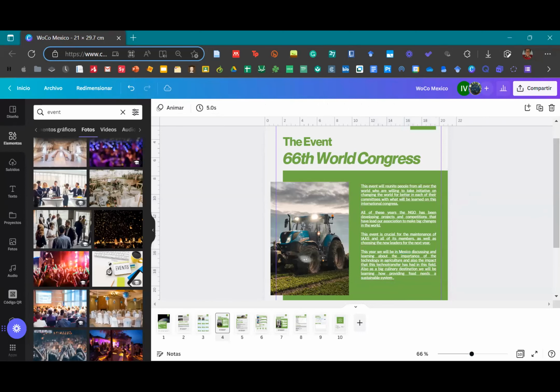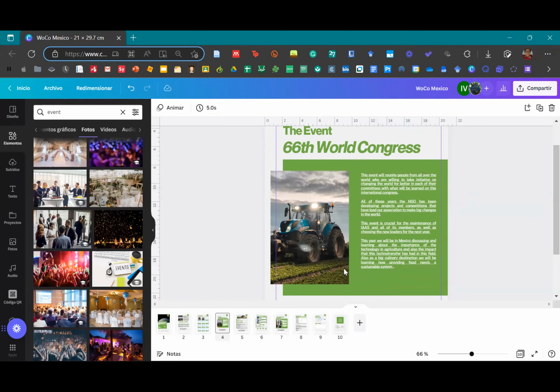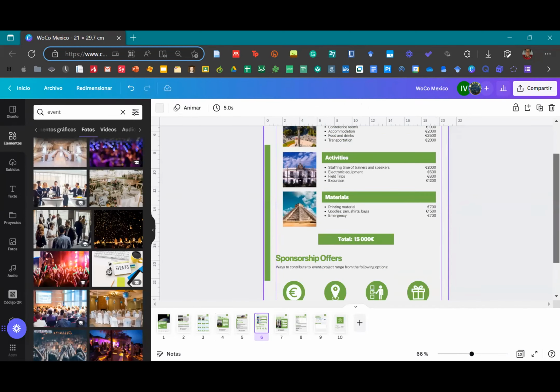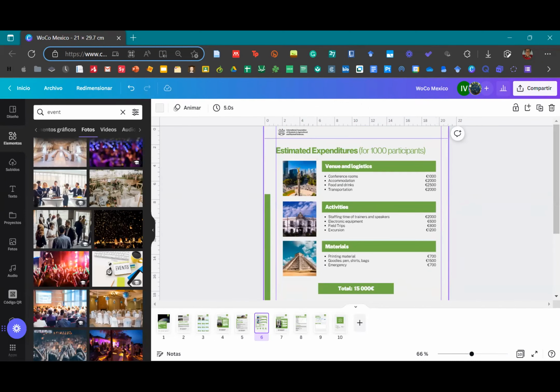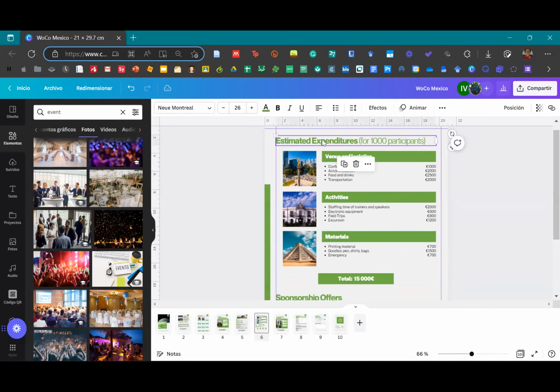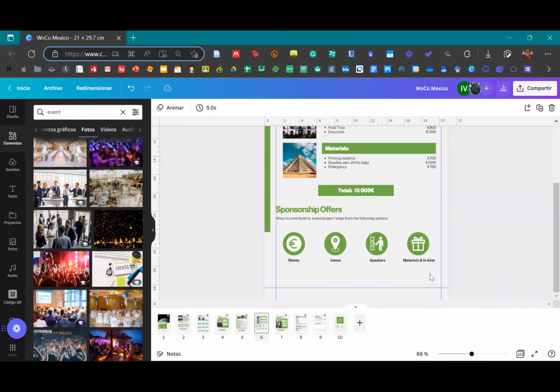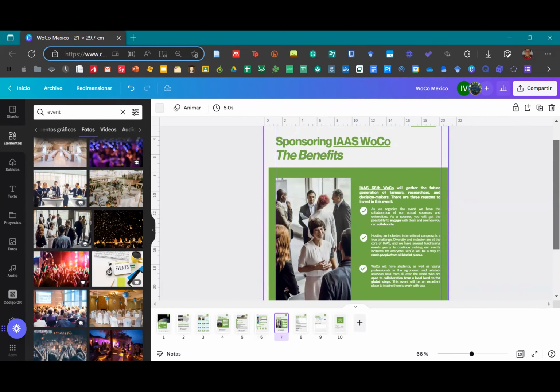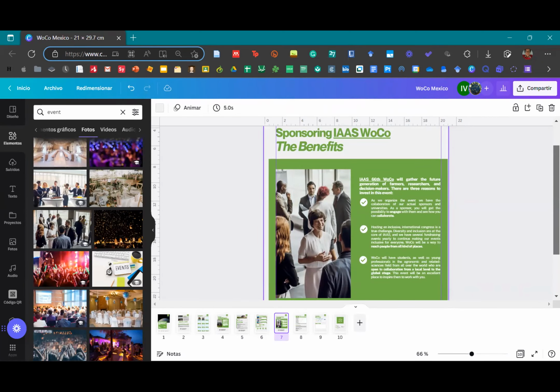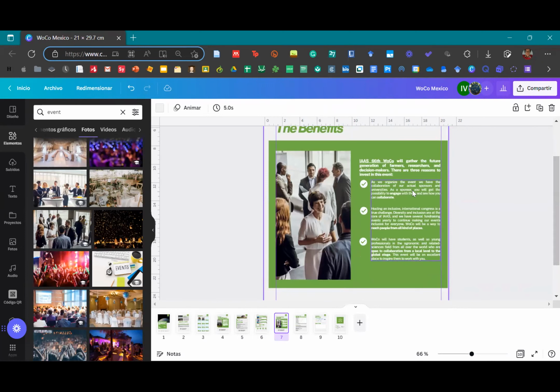So to learn and to know about the food systems and sustainability is important, because that's where the food comes from. Then we have the estimated expenditures. Here we forgot to change it to dollars, because it's easier due to the country. The offers, then the benefits,